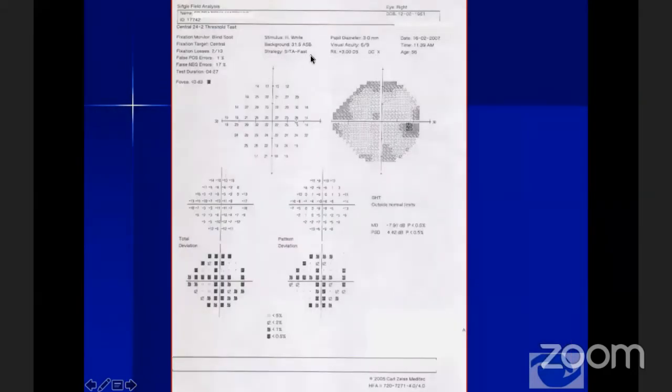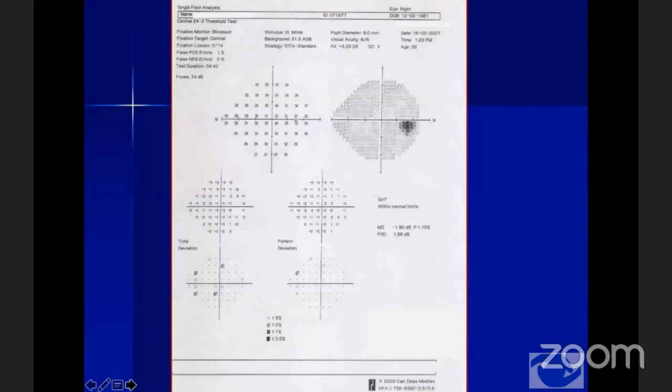This is a fast strategy which has been used. The foveal threshold is less than 0 decibel and not at all correlating with the visual acuity of 6/9. This itself should raise a doubt in your mind. And this is a very atypical defect. You don't find this kind of defect either in glaucomatous field losses or even in other conditions. Maybe in central pathologies of retina, macular disorders, sometimes you might expect it. You explain to the patient how the test has to be performed properly, get a good test done, and this same patient, because he does not have glaucoma or any other disease, comes out with a normal field report.